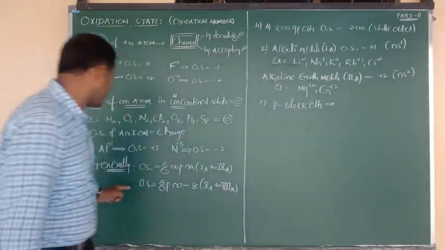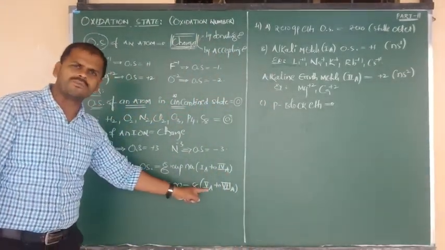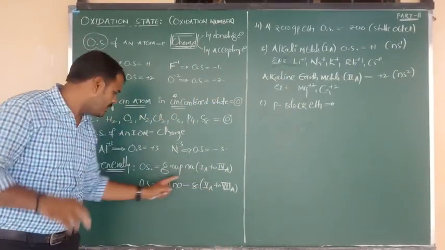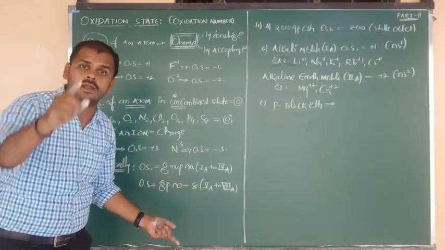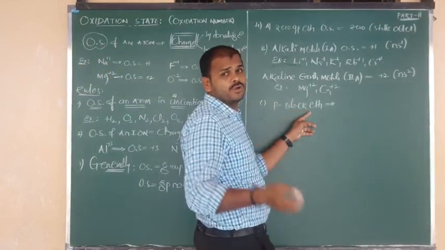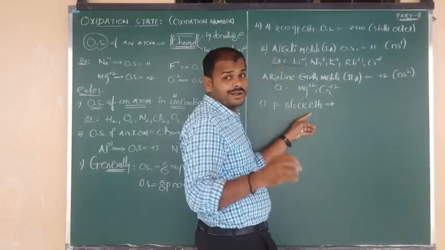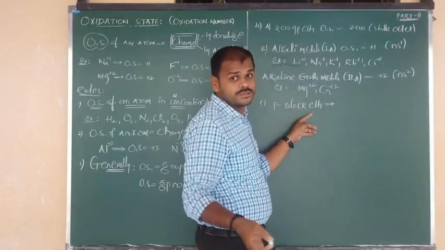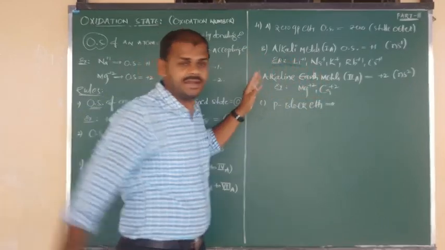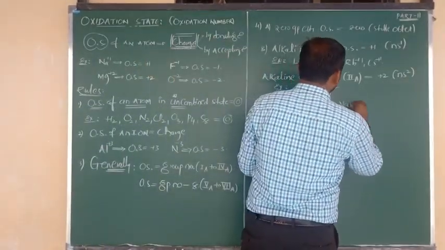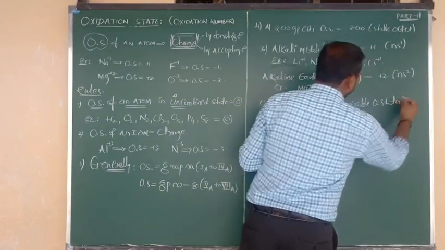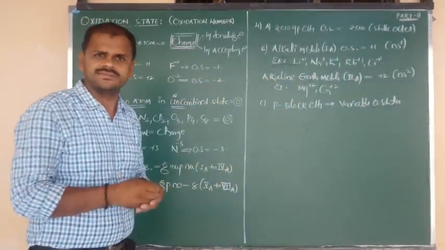If you want, you can apply this formula. Suppose nitrogen, group 15, and phosphorus, which group? Nitrogen and phosphorus are both 5A group. So 5 minus 8 we can say is -3, like that you decide yourself. But try to remember, P block has 6 groups. 0 group contains 0, and the remaining 5 groups have many elements, so they show a number of different oxidation states. That's why we say that P block elements show variable oxidation states.